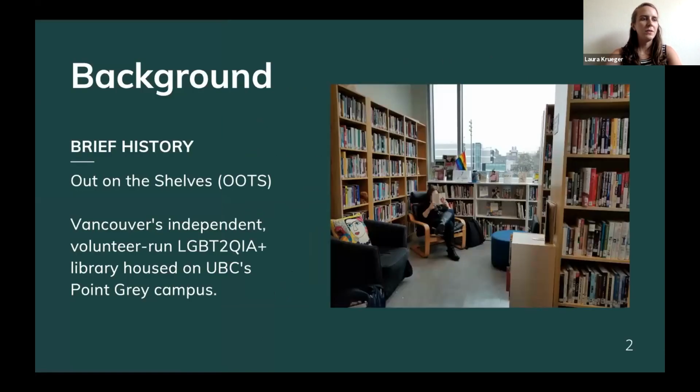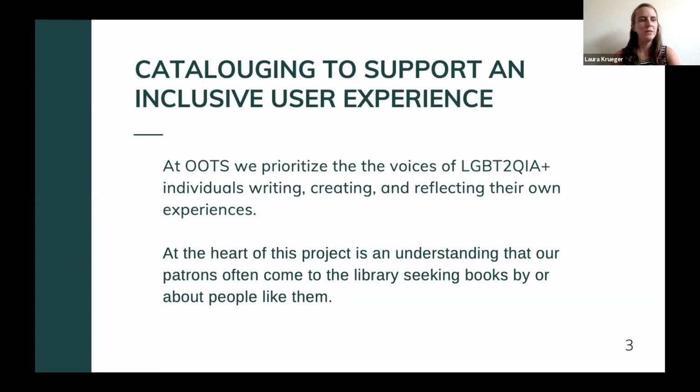Out on the Shelves is Vancouver's independent volunteer-run LGBTQIA+ library, the same library you heard about in Avi and Amber's presentation. Their project focused on input from users, and our work focuses on input from creators. It's a small collection that prioritizes own voices works by authors who are members of communities about which they are writing, and has student involvement from UBC's iSchool, allowing for creativity and developing best practice cataloging practices for the collection. With grant funding, Rio and Dr. Julia Bullard have developed and will continue to define a protocol for contacting living creators represented in the collection and learn how they would like themselves and their materials to be described in the catalog.